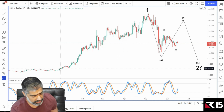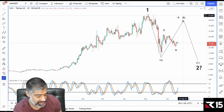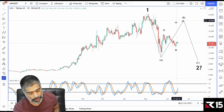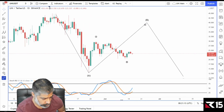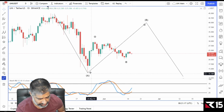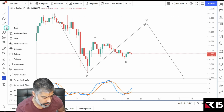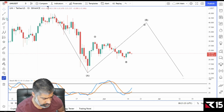So let's not even draw the retracement of the whole correction. Let's just focus on this wave B, because that's what's likely to occur in the next few days and weeks to come. So we're going to zoom in right over here. We're going to focus on this move down. It's nice 1, 2, 3, 4, 5 on the way down, and we're looking for a nice A, B, C. So what's the typical price? Well, typical retracement correction is